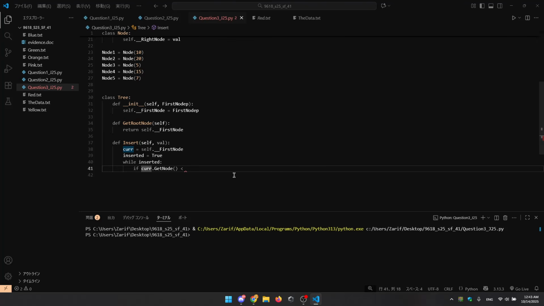So if it is less than, we want to first go and check the value. If the value is less than my current, that means my root value, then what we want to do is current node. This current right here is from over here, so again it's in the format of node. So we want current data. If that is the case,